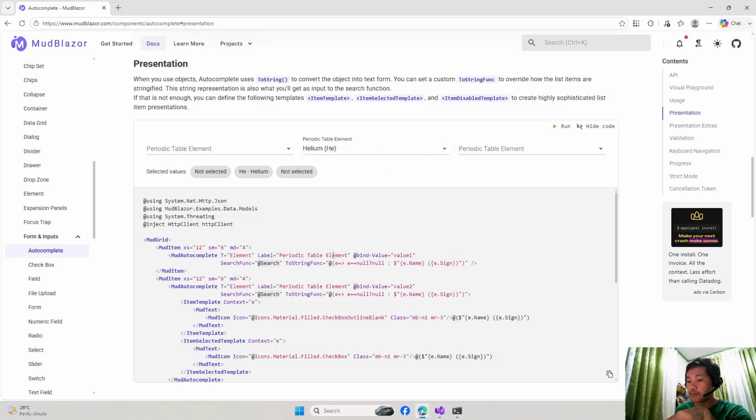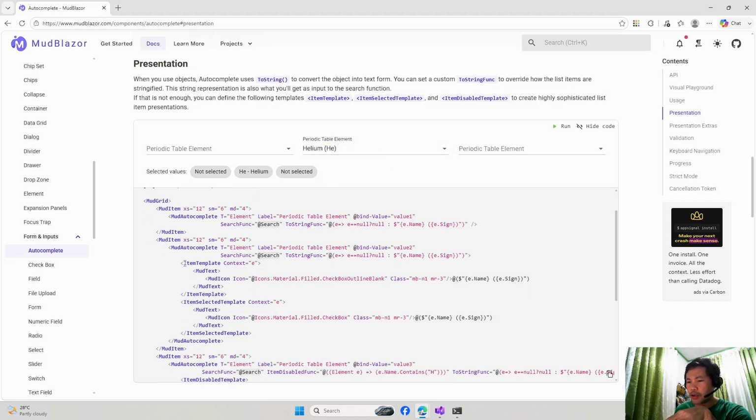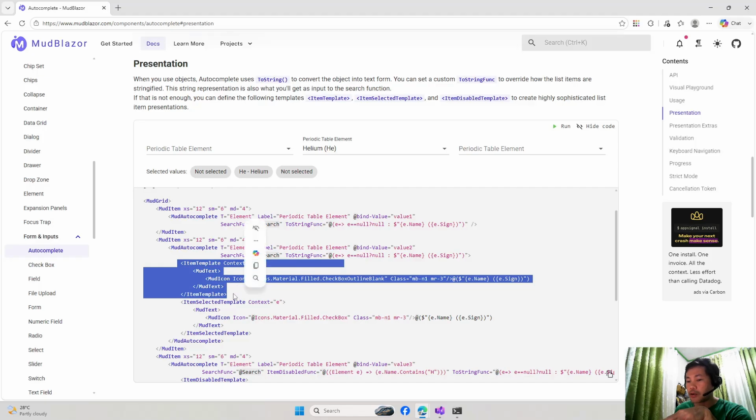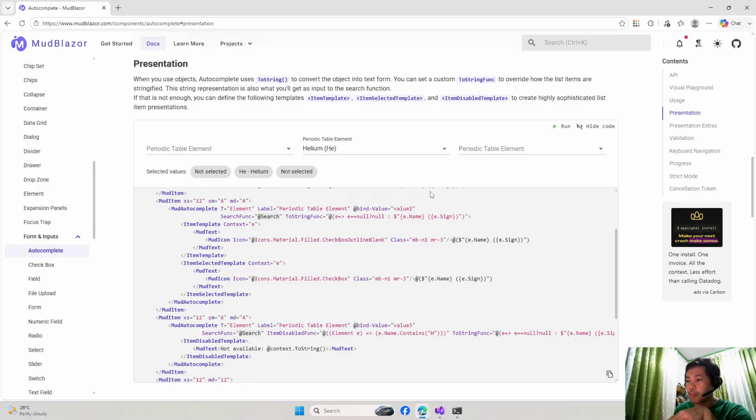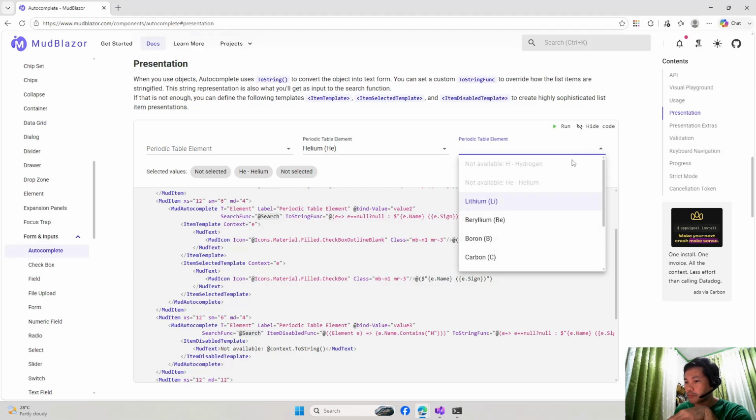So this one is a custom display. Okay, so here you can add an arbitrary set of components within the item template component that you can use. Okay, the other would be item selected template, wherein you can specify what kind of look you want when an item is selected. Okay, just like that. So this one, item selected template, okay,